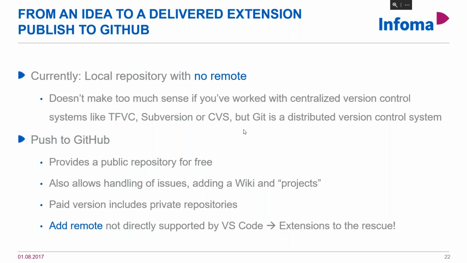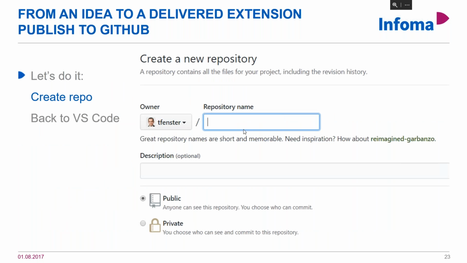So we currently have a local repository with all our changes, and if we push this to GitHub, then we're going to have an identical remote copy with all the history, as I'll show you soon. Pushing this to GitHub means that we need to have a GitHub account. They provide a public repository for free.